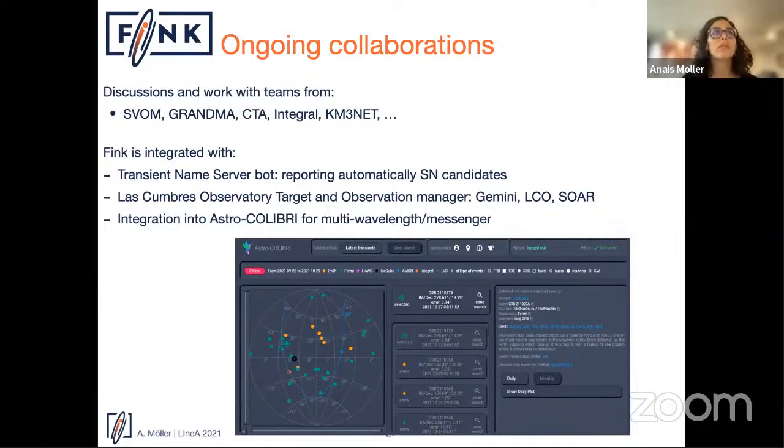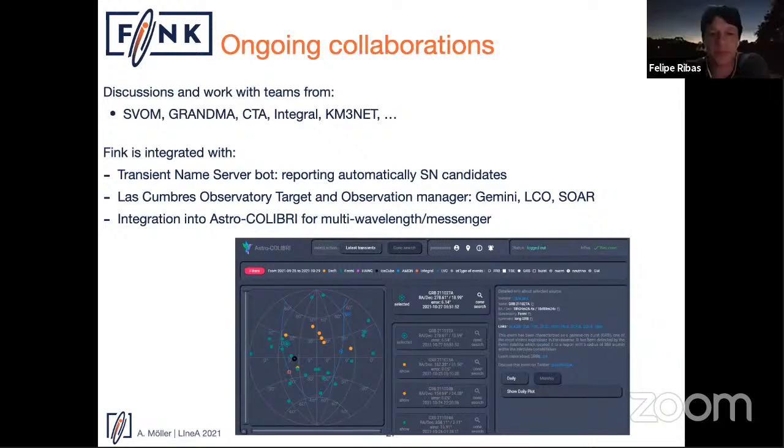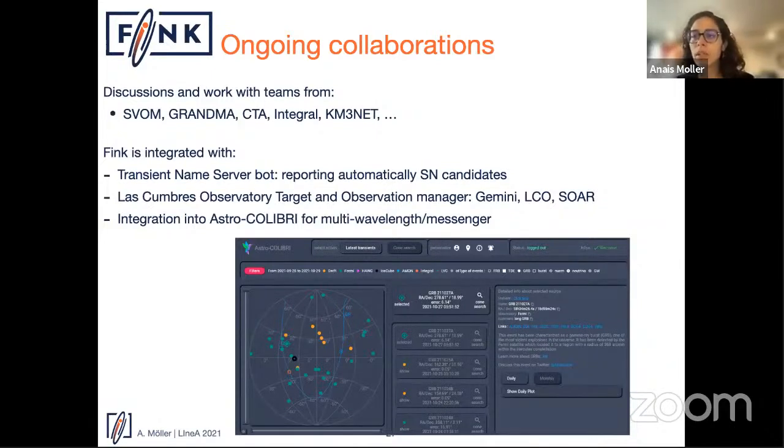So you're probably talking about the Las Cumbres Observatory's TOM. They have a very nice interface where you can query and take targets from brokers. So for example, if you have a filter target or an alert that you already know is interesting, you can get all the information, the official RA/Dec, all the information needed for targeting the follow-up from Fink and the selection.